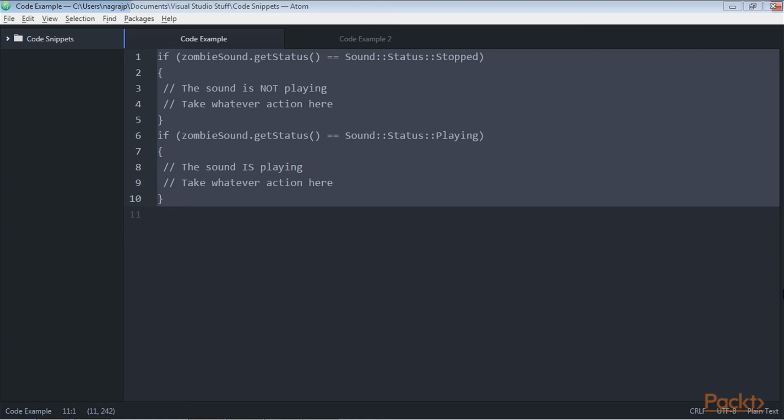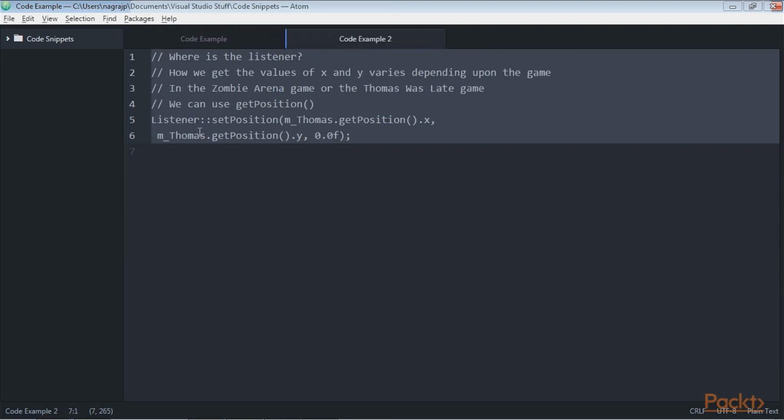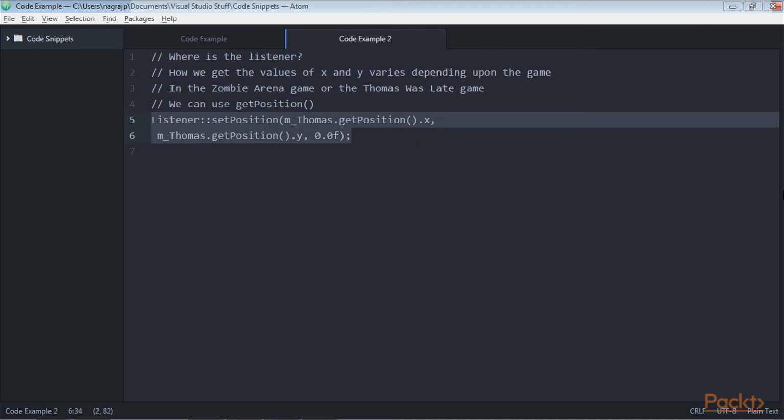There is just one more aspect of using sound spatialization with SFML that we need to cover. Where is the listener? We can set the position of the listener with this code. This code will make all the sounds play relative to that location. See, this is the code I'm talking about. This is just what we need for the distant roar of a fire tile or incoming zombie, but for regular sound effects such as jumping, this is a problem.